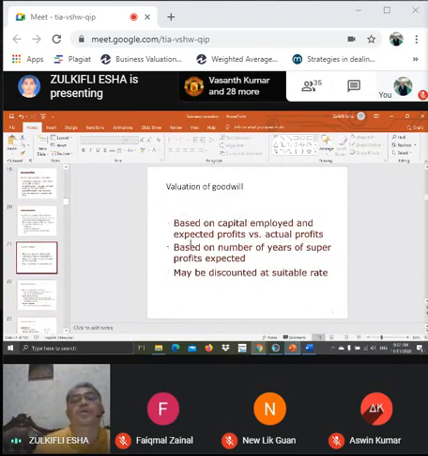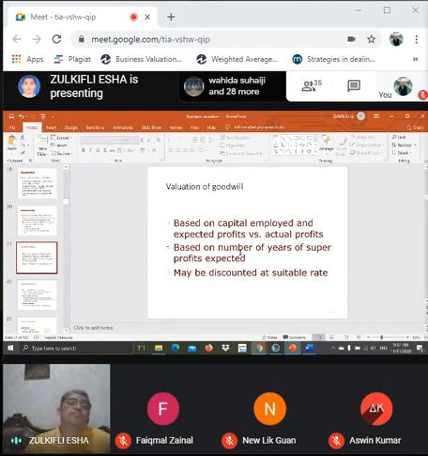goodwill. So based on capital employed and expected profit versus actual profit, based on the number of years of super profits expected, may be discounted at a suitable rate. Before we can understand this one, we need to know what is actually a goodwill. So you need to know what constitutes a goodwill. What is the characteristic of goodwill? What are the elements of goodwill? Because if you do not know what is a goodwill,